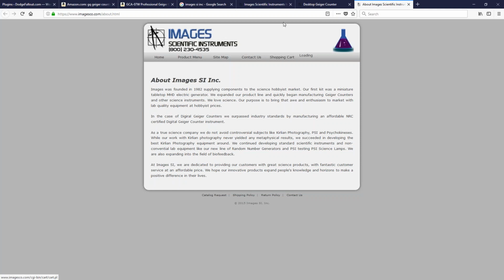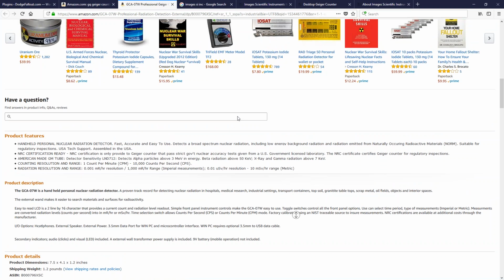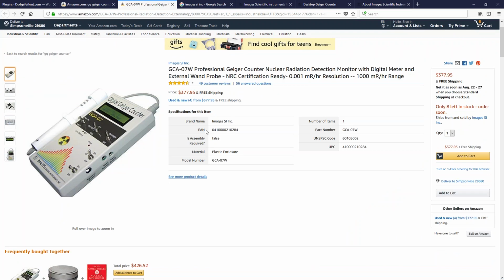So now, instead of just telling people about this Geiger counter and giving them some basic information about it, I can also give them some information about the actual company that makes this thing. This helps people who are considering buying the product, because knowing a little bit about the company you're going to buy something from, especially if you're going to spend a fairly hefty price tag like this product is asking for,